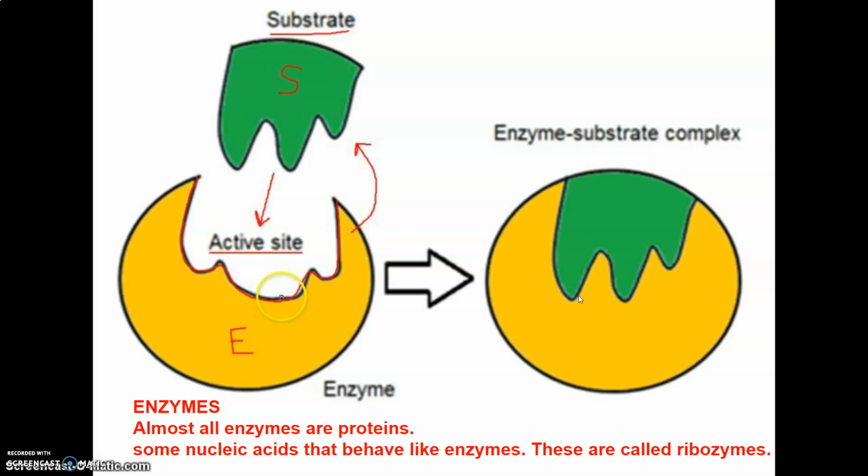So enzymes catalyze a biochemical reaction, but it differs from an inorganic catalyst reaction. Now, how does it differ from an inorganic catalyst reaction? One major difference is that inorganic catalysts work efficiently at higher temperatures and high pressures, whereas enzymes get damaged at very high temperature and pressure, maybe say above 40 degrees Celsius.